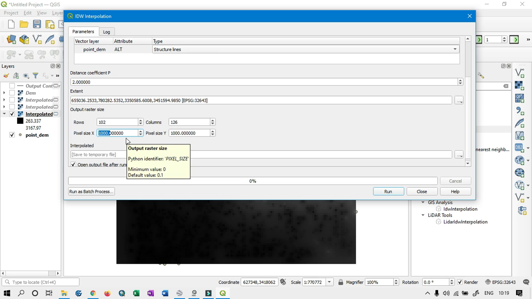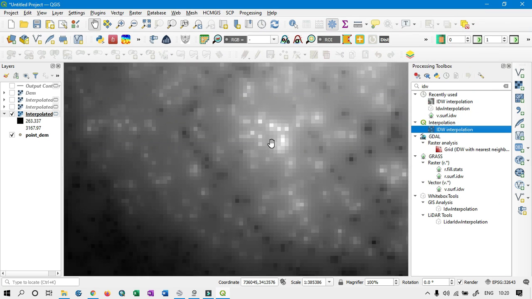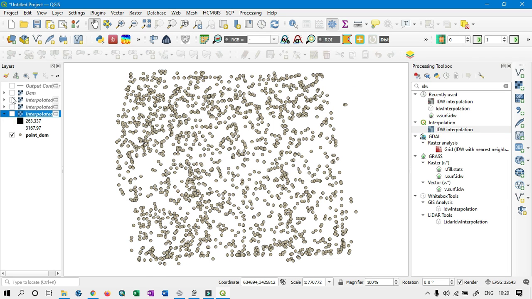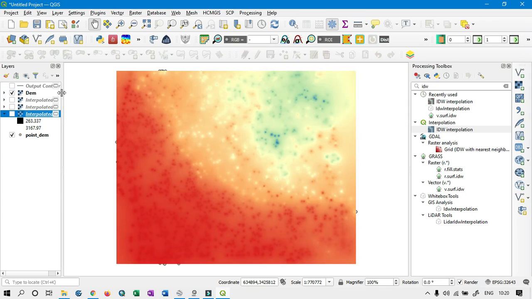Anyway, whatever you need, you can do this kind of basic resolution by adjusting the numbers here. But it will take so much time. For example, if we give the 10 meter resolution, then it will take around 20 minutes to generate the result. So that's why I'm giving the 1000 meter resolution, and I have the result in a few seconds. Anyway, this is the 100 meter resolution interpreted raster DEM,